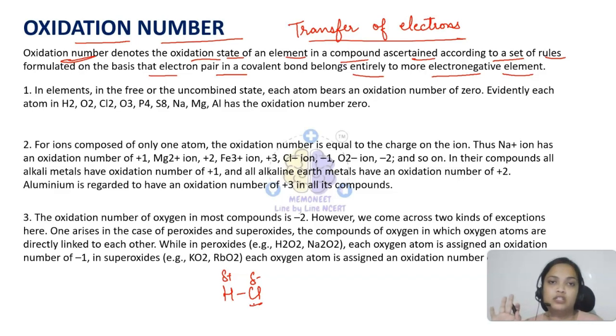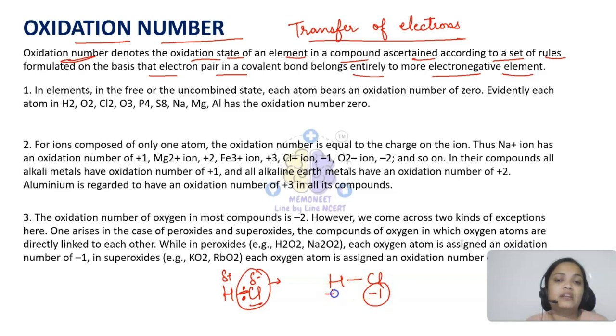In covalent, of course, it's a covalent bond. But when we are talking about the oxidation number, we are actually assuming that the shared electron pair belongs entirely to the chlorine atom. So if I am talking about the oxidation state or oxidation number, here chlorine will have -1 and hydrogen will have +1. Although this is not true, the electron pair is shared and partial charge is there,